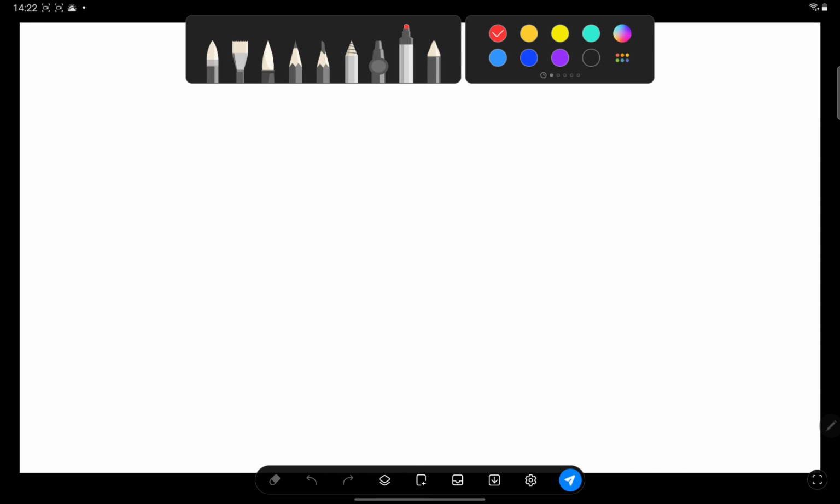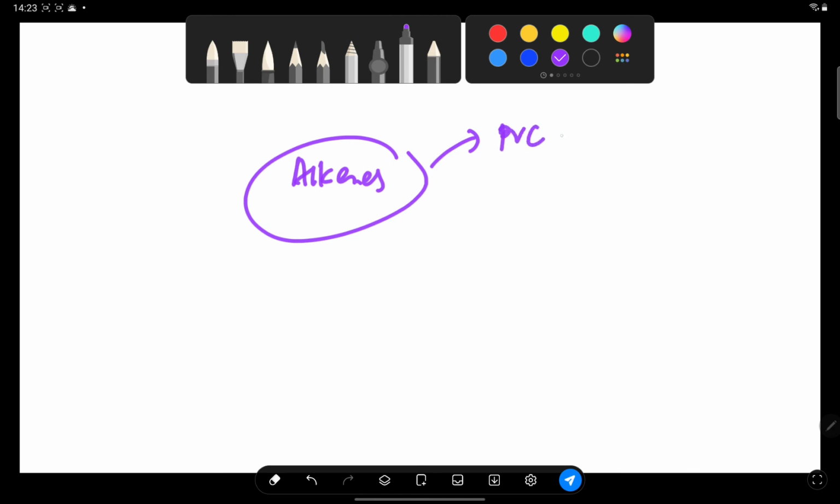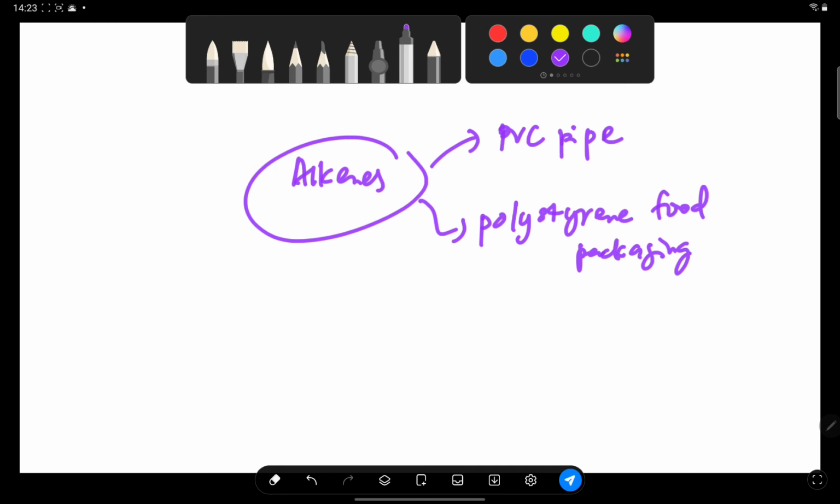So normally in our life, alkene can be used in the production of PVC pipe and polystyrene, food packaging, here is polypropylene, food container,